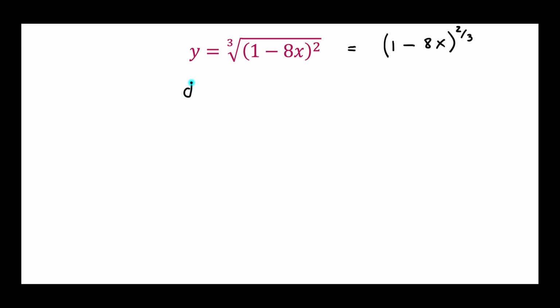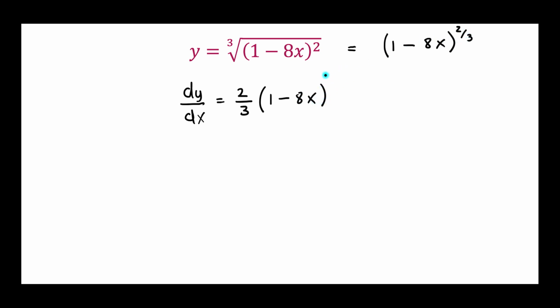Once again, I just do dy by dx. What I need to do is differentiate the outer function. So that would be 2 over 3, then keeping this as it is, 1 minus 8x, and then reducing